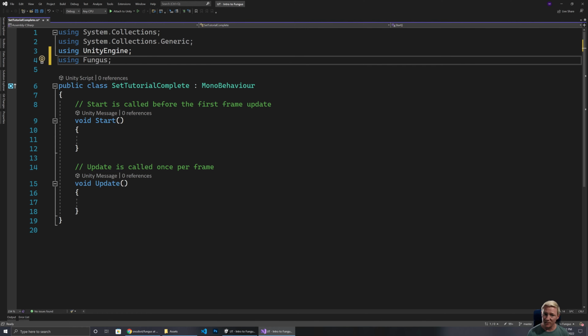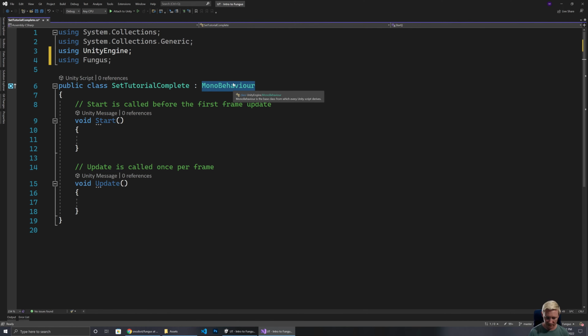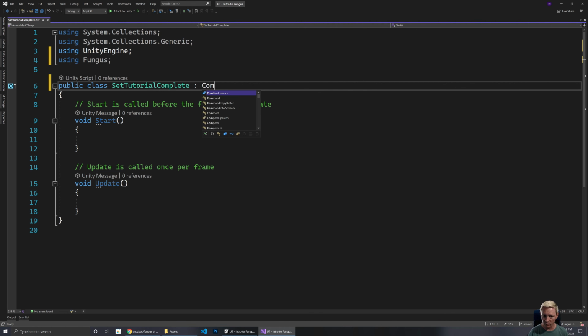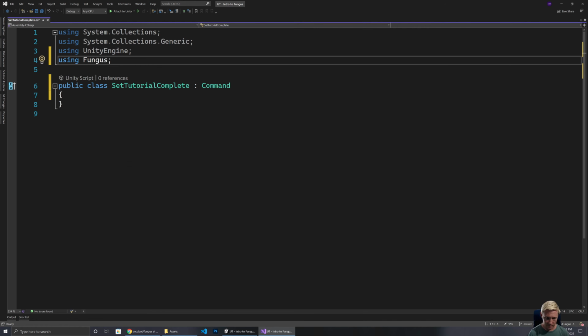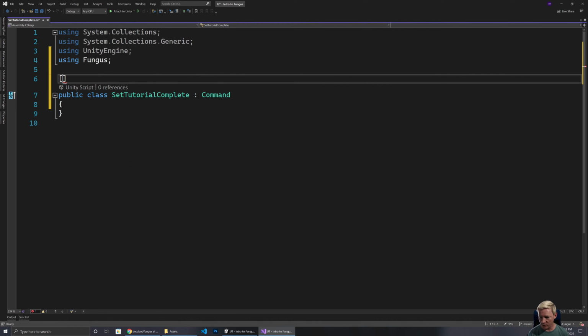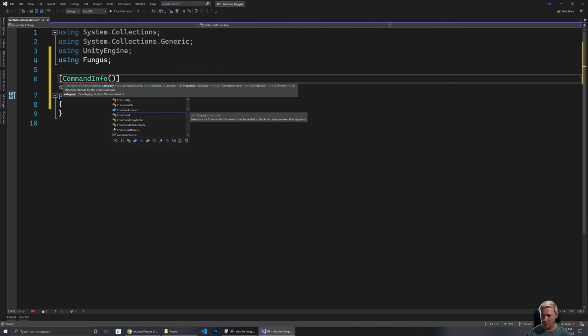Firstly, we bring in Fungus. We then change this, so rather than inheriting from MonoBehaviour, it inherits from Command, and we get rid of our Start and Update. So I need to set up the command info. With setting up the command info, firstly we give it a category. I'm just going to call this custom commands, just Custom. Then we give it a name,